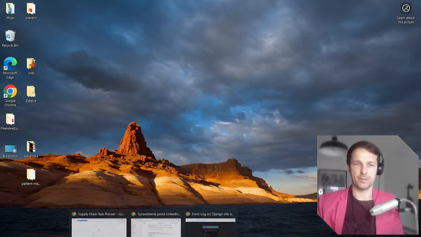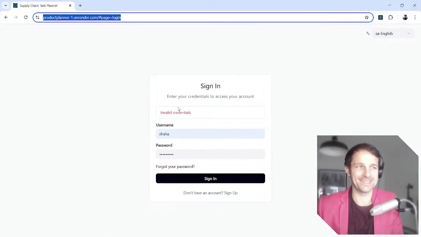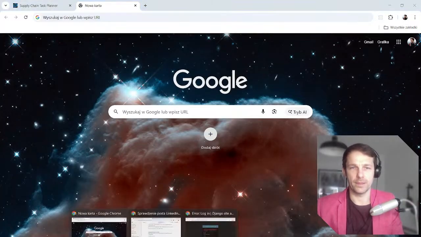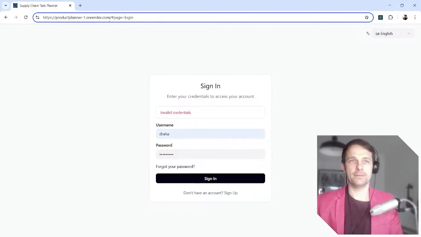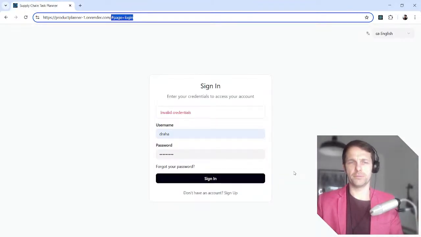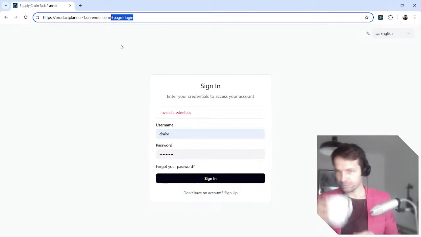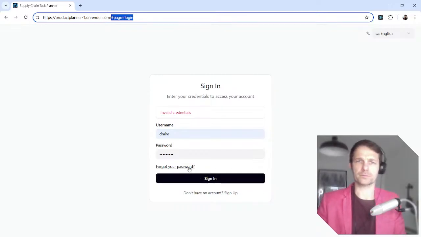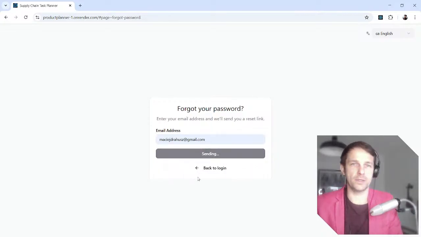Okay, let's just show the application. Today, as I said, the first bit is to log into my application. But first there is a Django panel which I should get to work. I need to log into it, otherwise I have a problem knowing if it actually works, because I was testing it recently and it was working pretty well. Let's just reset my password. That's a good way into my application.